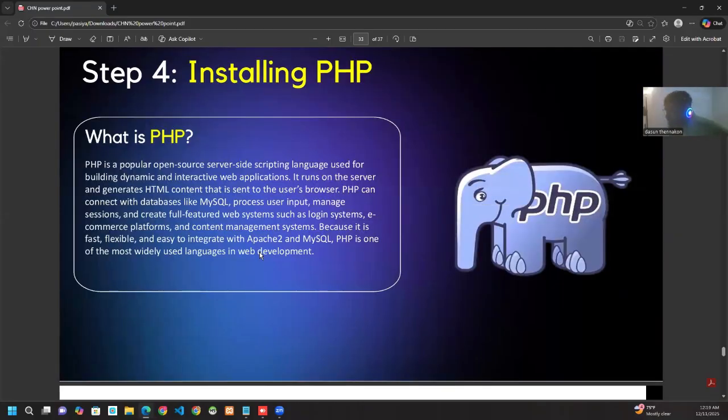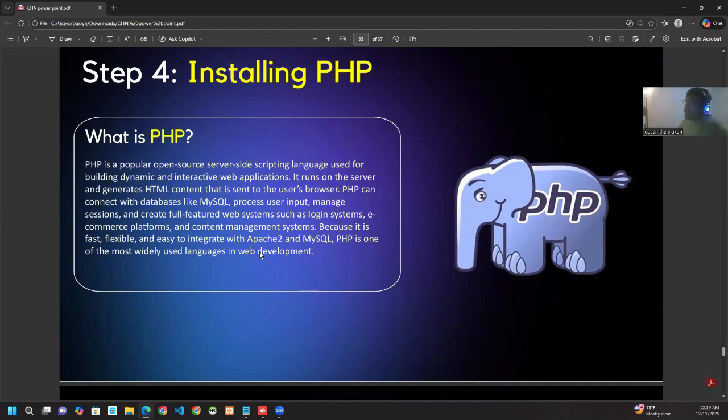So what is PHP? PHP is a popular open source server-side scripting language used for building dynamic and interactive web applications. It runs on the server and generates HTML content that is sent to the user's browser. PHP can connect with databases like MySQL, process user input, manage sessions, and create full-featured web systems such as login systems,